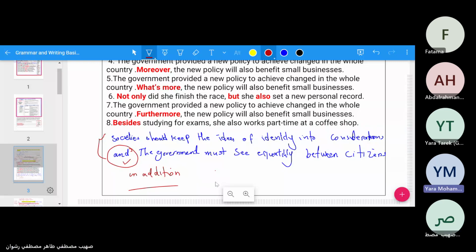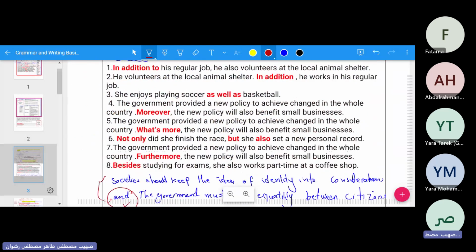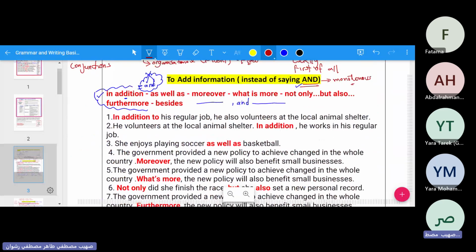Societies should keep the idea of identity into consideration. In addition, comma, the government must seek equality between citizens. Excellent. So we will do nothing except substituting and with in addition. The only difference is that before and there is a comma, while after in addition there is a comma. Okay, Shabab, this rule is applied to in addition,